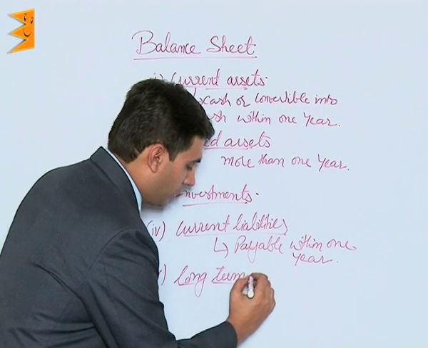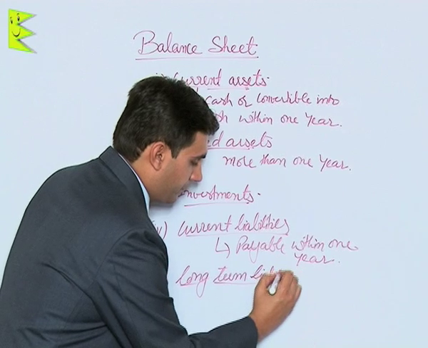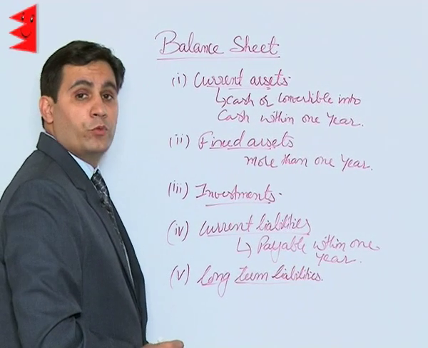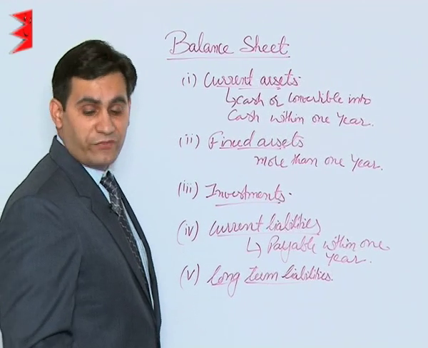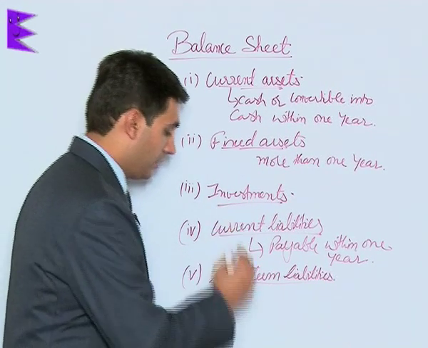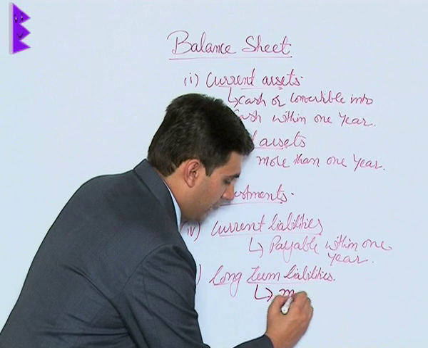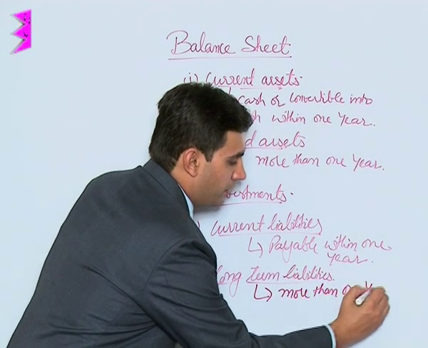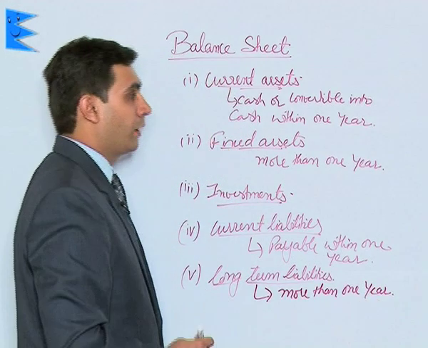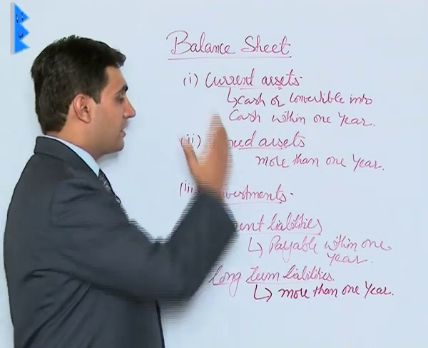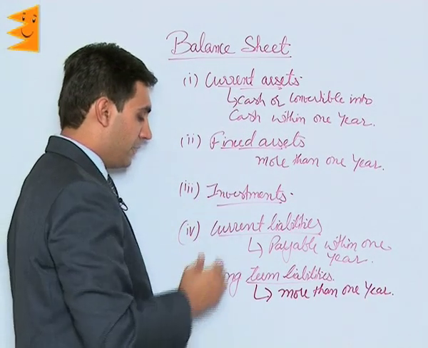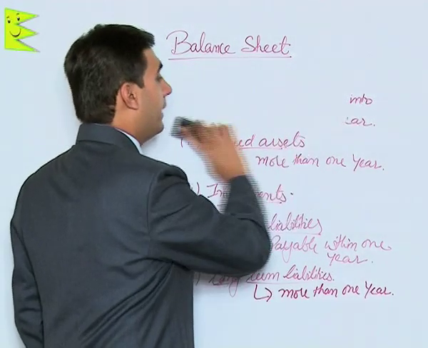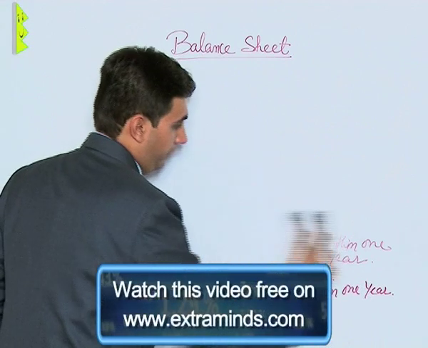We should write it as long-term liabilities. That is liabilities which are payable after 1 year. That is more than 1 year. Then students, besides current assets, fixed assets, investments, current liabilities, long-term liabilities, we can have items like capital